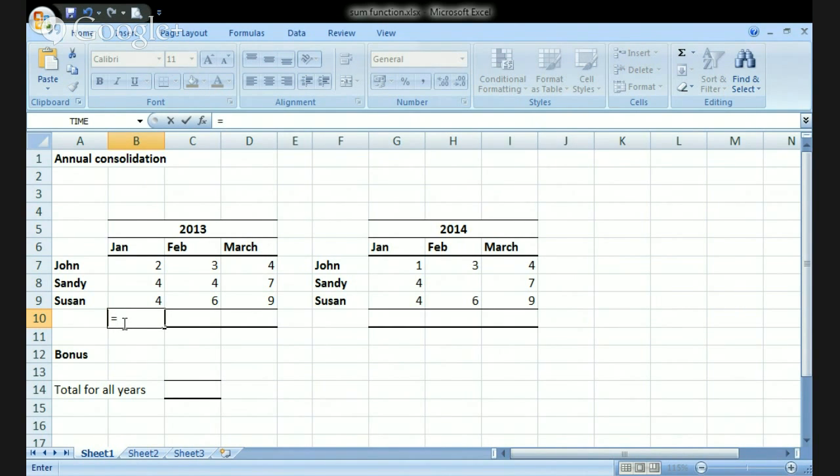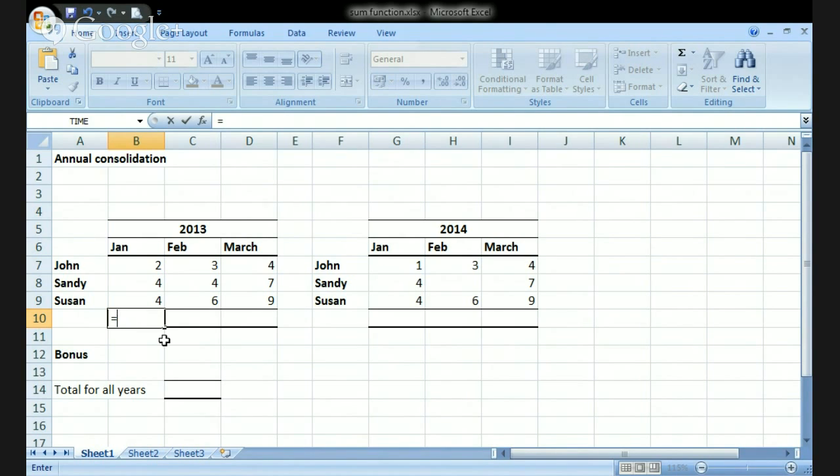Now in this case I want to add 2 to 4 to the other 4, so I could type the 2 and then the plus sign and then the other numbers. The problem with doing that, of course, is that if later on those numbers change to something else, the formula would be wrong. I'd need to remember to revisit the formula to update the values that I changed within the